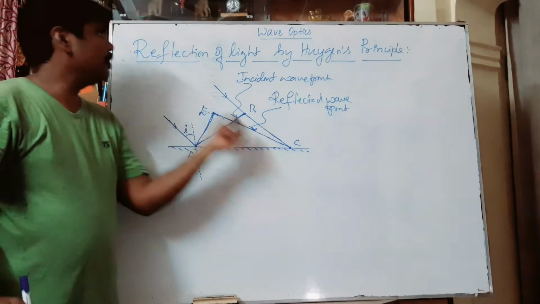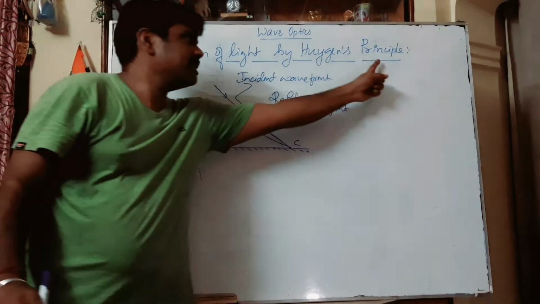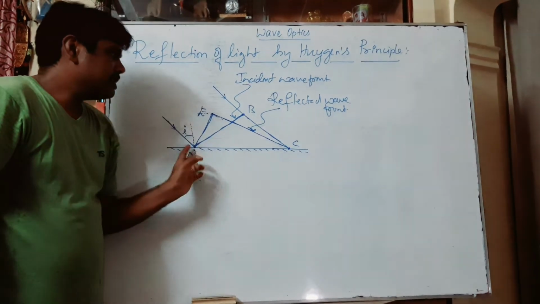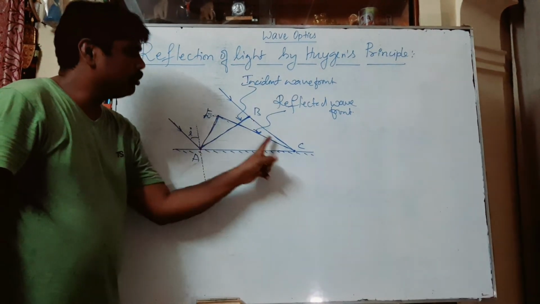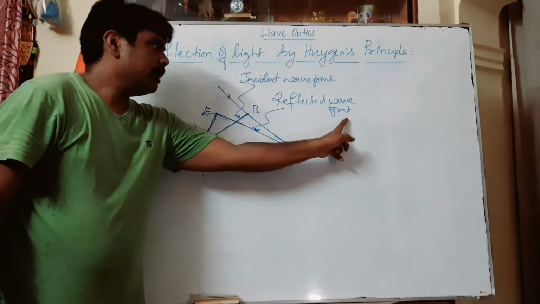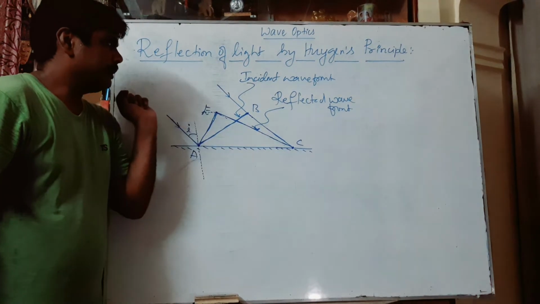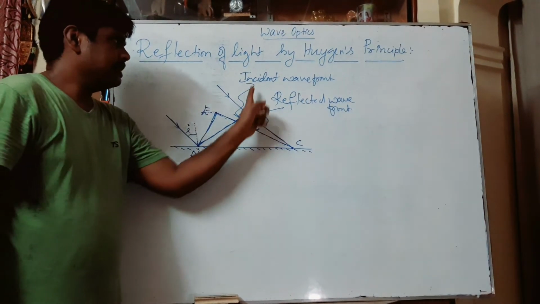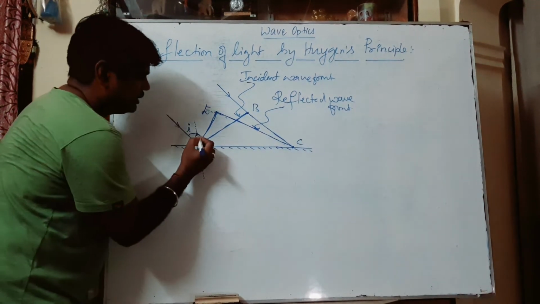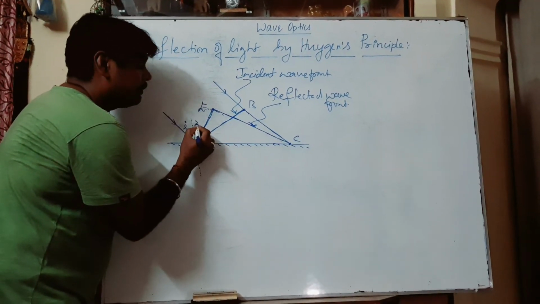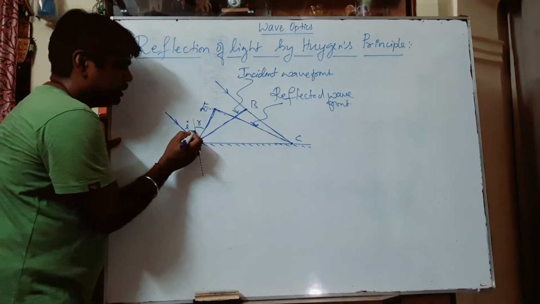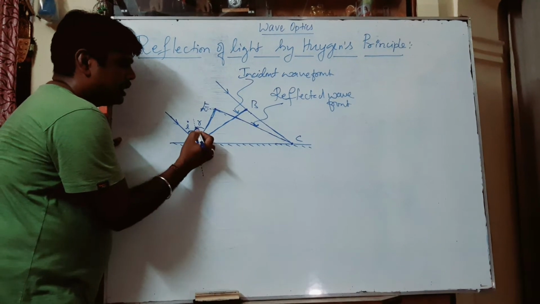So why is the reflected wavefront produced? Due to the phenomenon of reflection according to Huygens principle. This reflection acts as a source of secondary disturbance on the plane wavefront, causing again one more plane wavefront. So EC is the reflected plane wavefront due to the phenomenon of reflection, and AC is the incident wavefront. Now here the angle of incidence should be equal to the angle of reflection. Here R represents reflection, not refraction. So you can remember I is the angle of incidence, R is the angle of reflection.